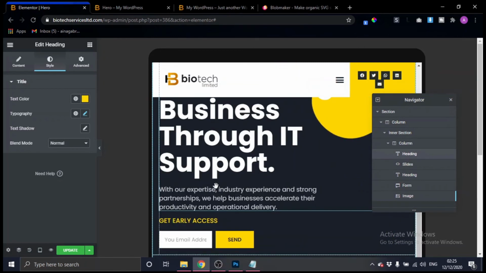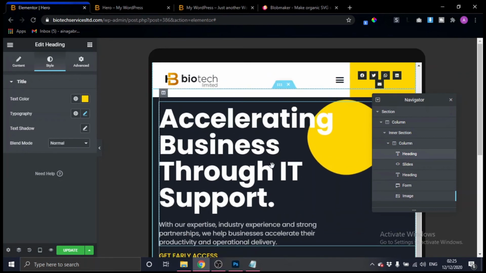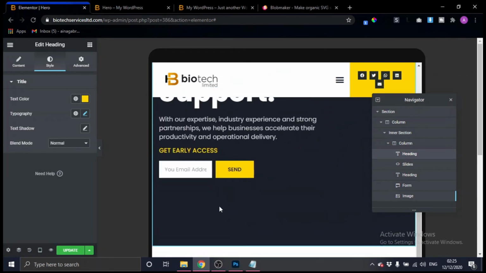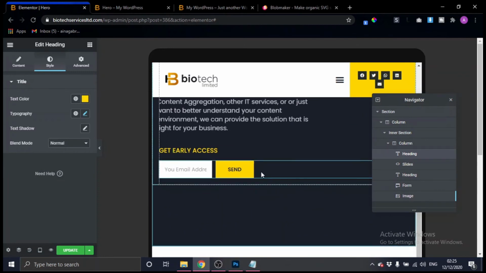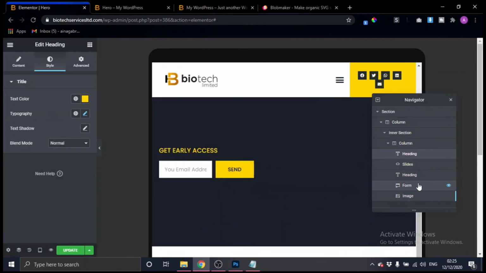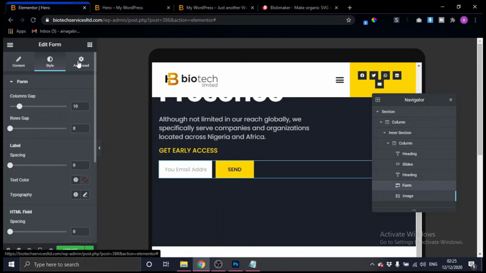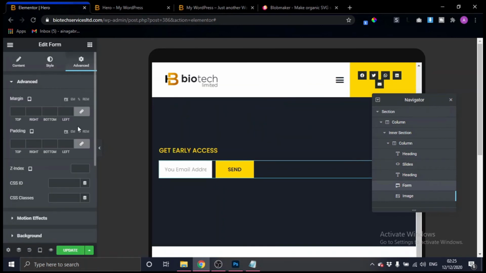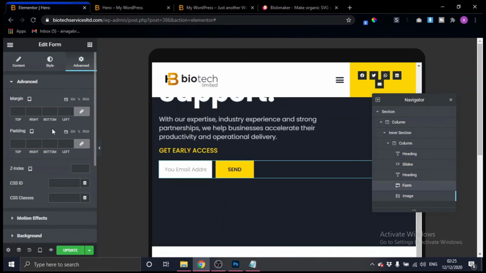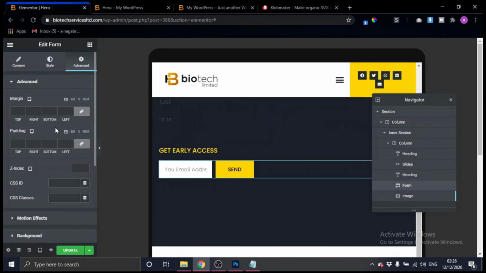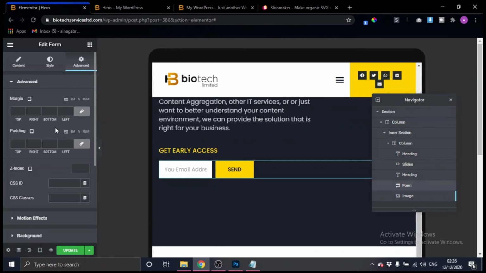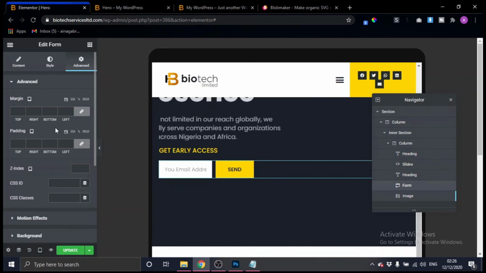All right, cool. Okay, so what you want to do now is you can see this email section here shrinks a lot, and that doesn't look cool at all. So what you want to basically do is come right here, and then let's change the padding.